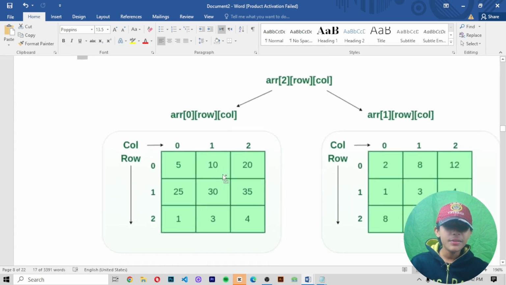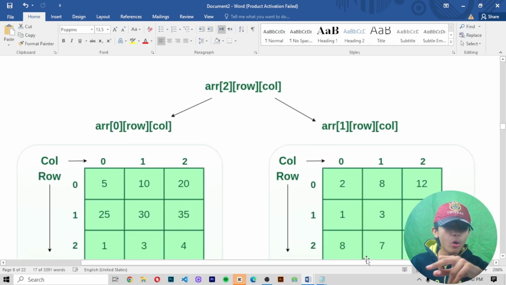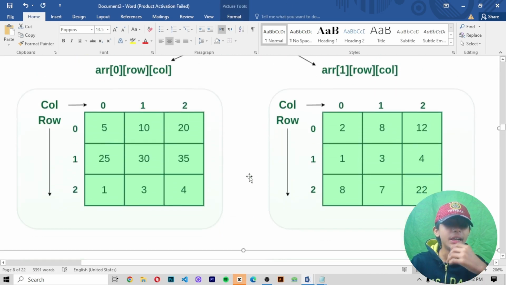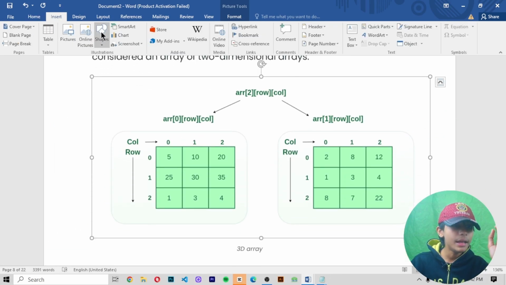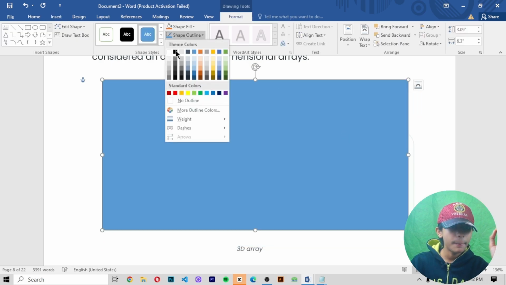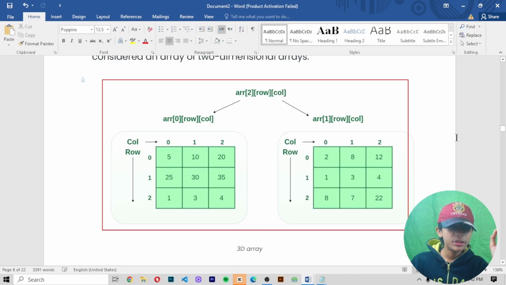Like in this diagram, this is the first array, and inside it array 0 with rows and columns, and array 1 with rows and columns. This is called a 3D array.